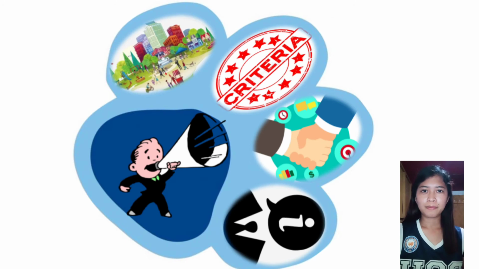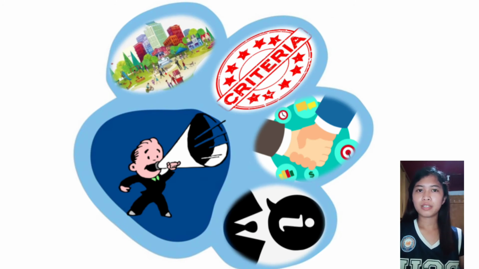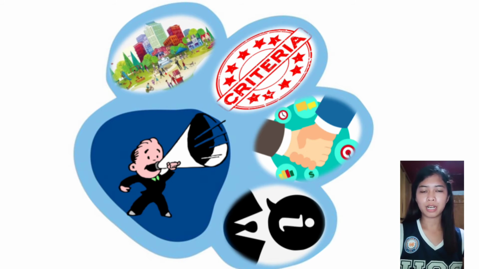To sum it all up, in the community immersion as the entry point, first, it focuses on pre-immersion, whereby a certain site or location must be chosen where we will render our service. A set of criteria will be followed for choosing the location, whereby the people in the community must belong to the DDU communities, or the deprived, depressed, and underprivileged, or must be in need of assistance more than any other